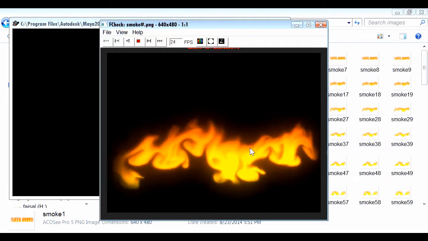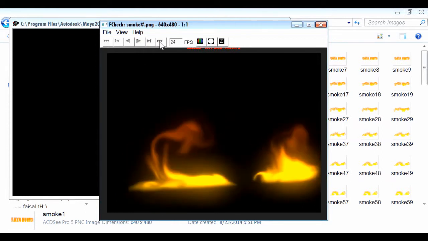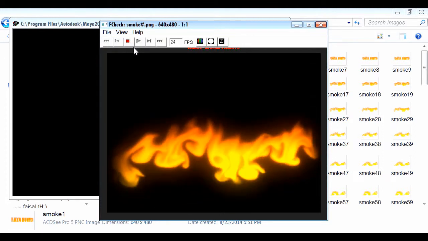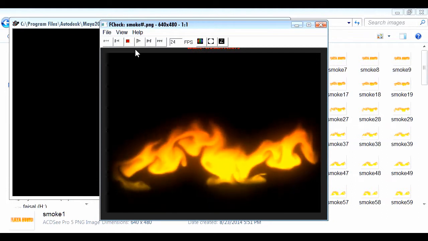So this is the animation we have. I will stop it, we'll go to the last frame and play it in reverse. So this is the effect we get when we play it in reverse.